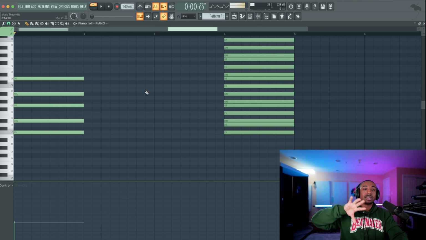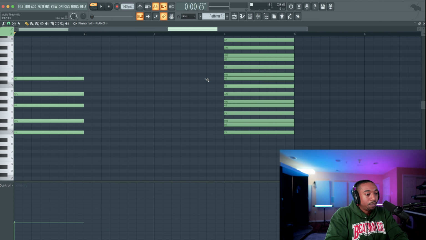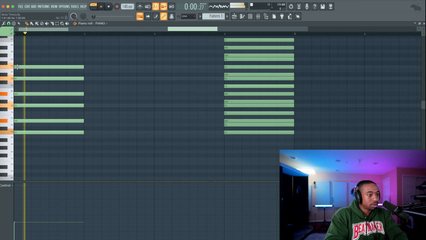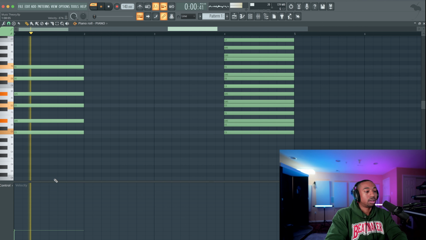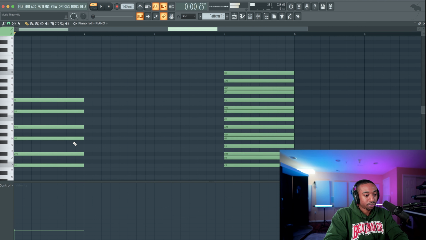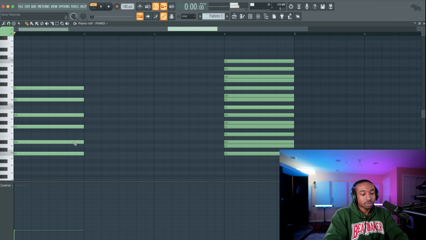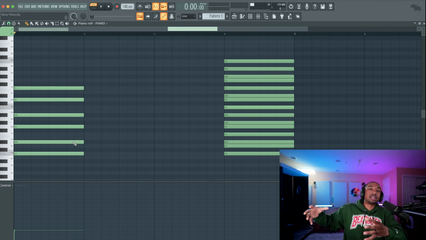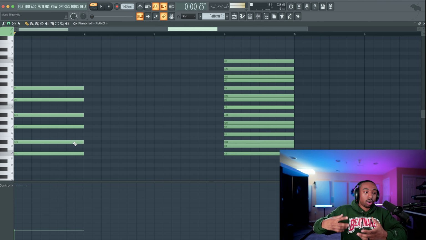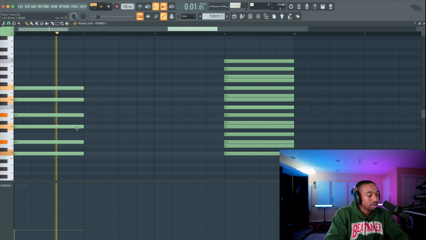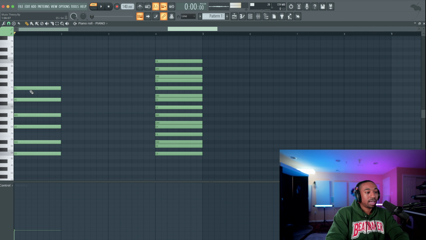Okay, but R&B takes it even further. It's more than just ninth chords. Let's go to the 11th. So now starting off at D, we're going to skip E flat, go to F. Now I'm playing these chords in a very bland way. R&B plays these in different ways, maybe different octaves as well. I found that once you go to the ninth chords and the 11th chords, it's probably best you stay in the lower octaves. It's not a hard rule, it just sounds better, in my opinion. Okay, so that's an 11th chord.